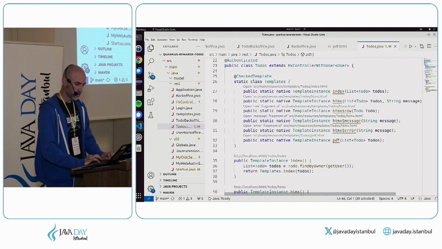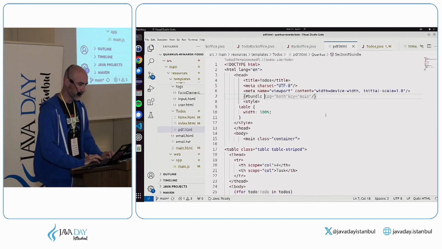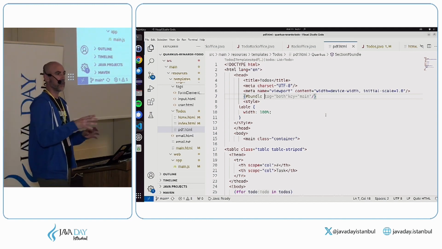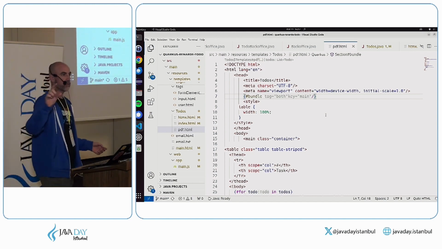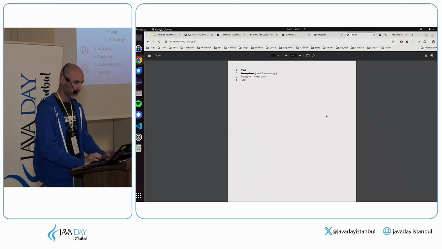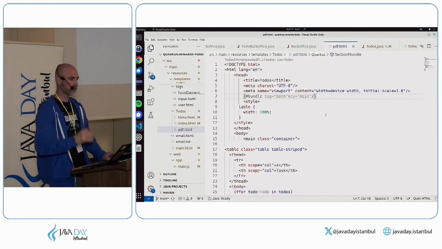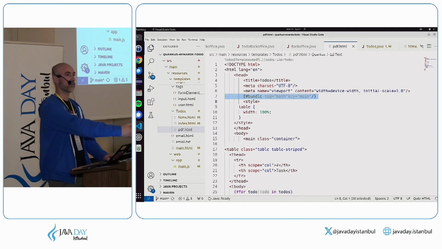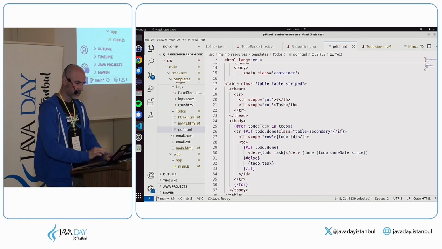So let's take a look at how it's defined here. I did not use composition to extend the main template because I didn't want to have the menus and everything. I just wanted to have the body, but I could have used the main template. Here I'm just making it simple. I do use the bundle because I want to use Bootstrap, but otherwise it's just bare bones, the same code